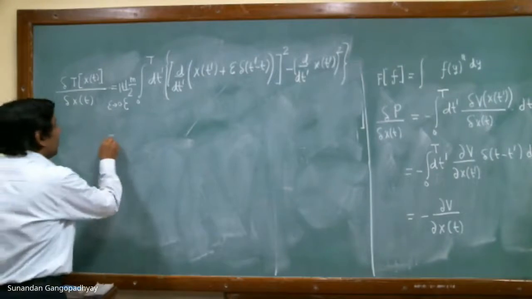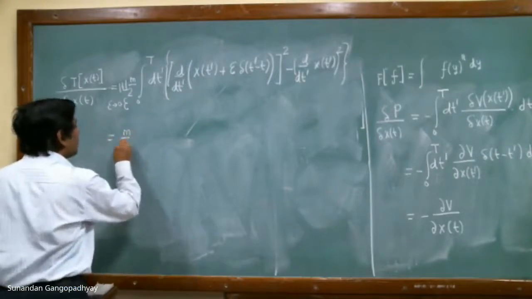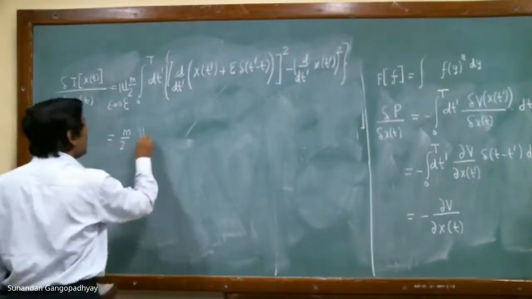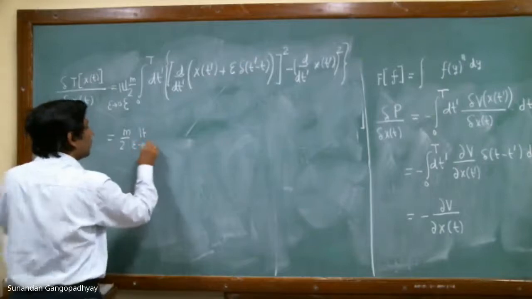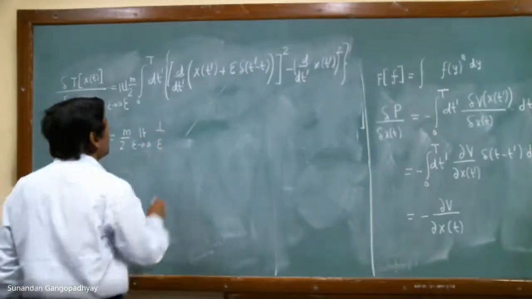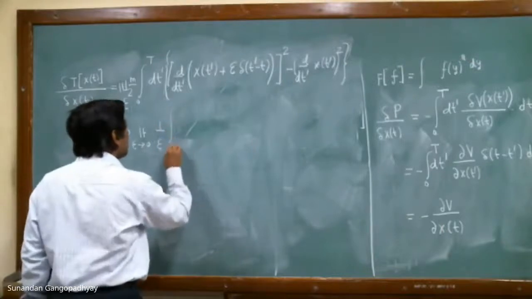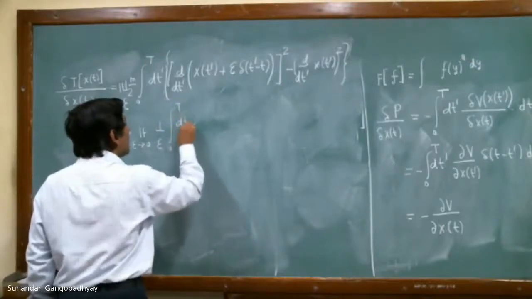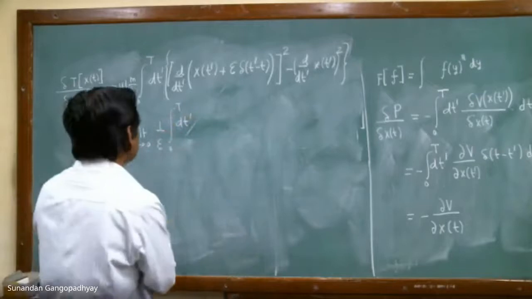Now this is, I will just pull n by 2 outside, limit epsilon tending to 0, 1 by epsilon, integral 0 to t dt prime